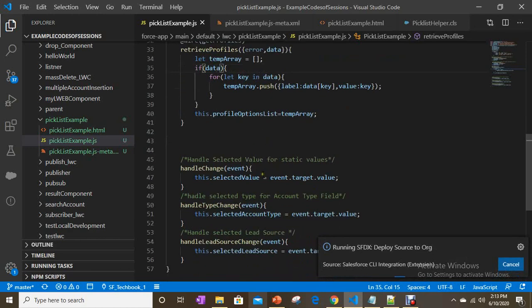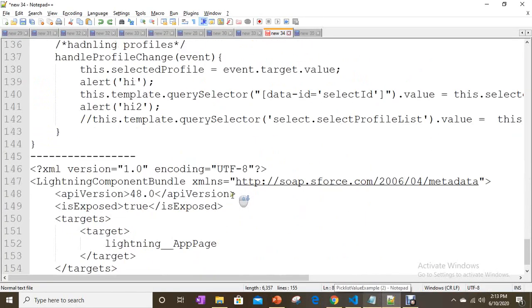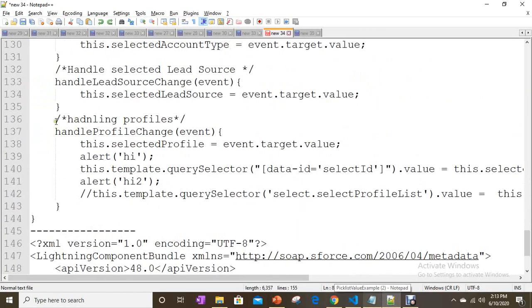And we're going to define a method for displaying the selected profile. That is handleProfileChange.